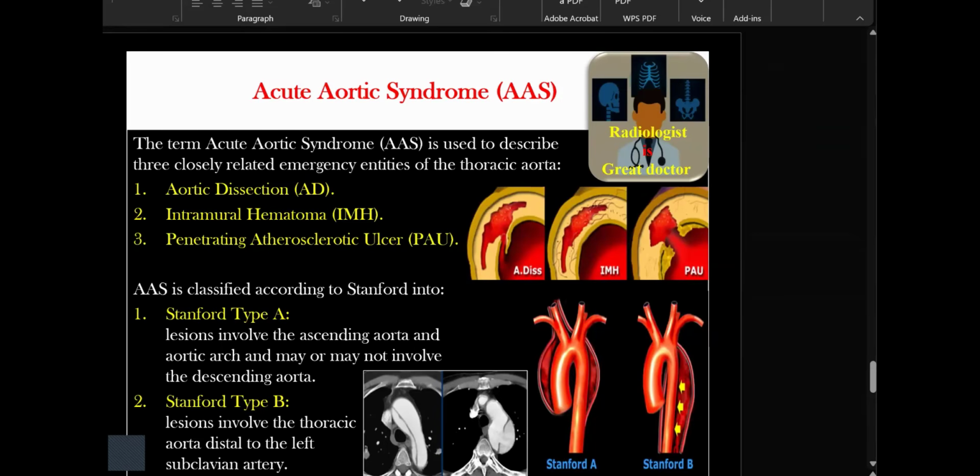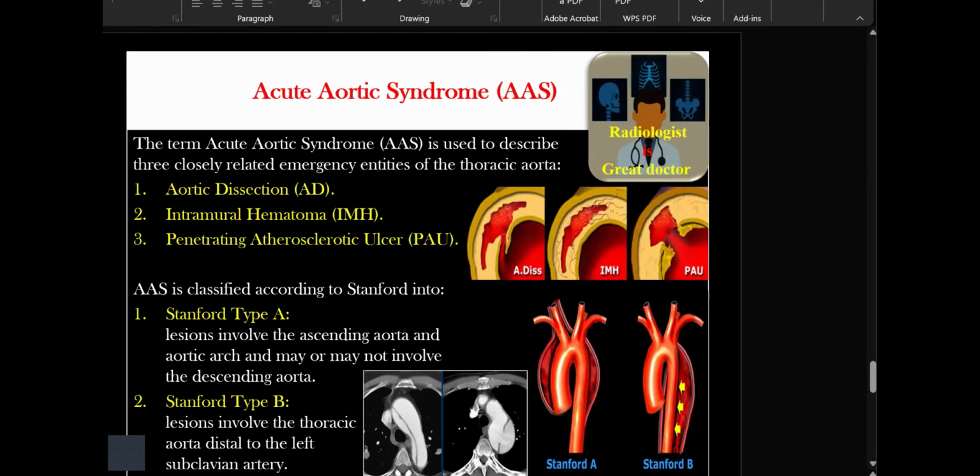We have three subtypes of acute aortic syndrome. Dissection is the main type, then intramural hematoma, for which I need a pre-contrast study, and penetrating ulcer. Any one of them, if affecting the ascending aorta, is a Stanford A, surgical treatment. Any one that starts after the termination of the left subclavian is a Stanford B,